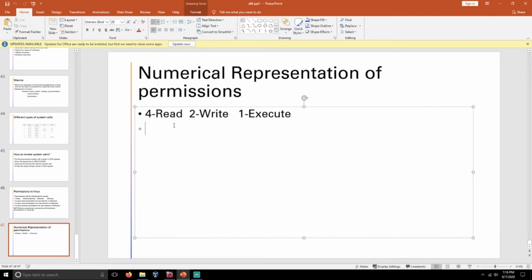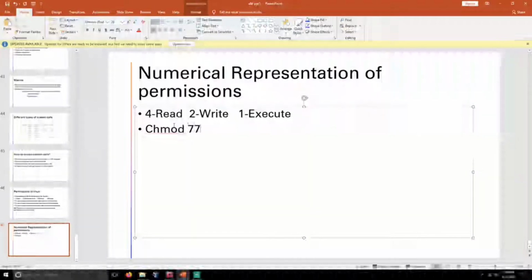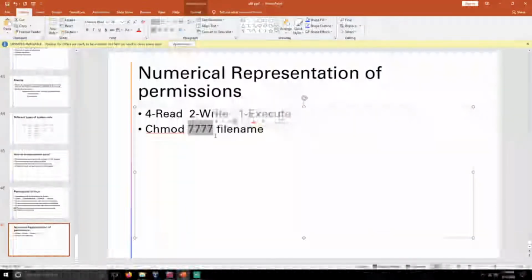Okay, if you need to use chmod to give execute permission, I write 7777 followed by the file name. I give four numbers here because the first level is for user, the second level is for administrator, the third level is for group, and the fourth level is for owner. So you need to mention 4 numbers to allocate the permissions to a particular file. Okay, enough with the discussion of file permissions and system call invocation.